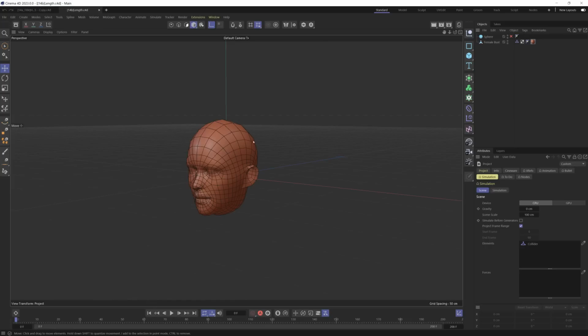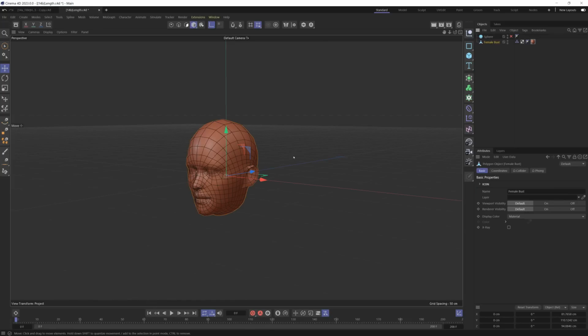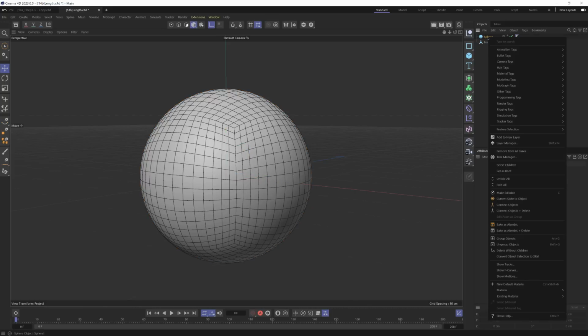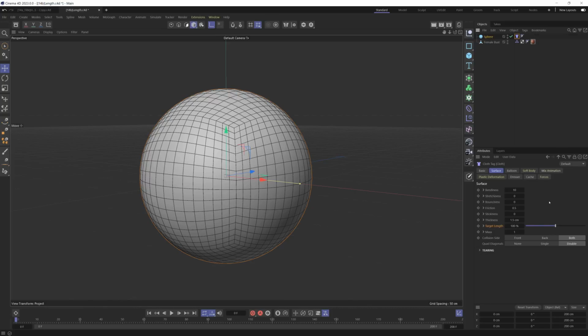To begin with, let's open up the scene file. I've got a head from the asset browser, and there's a collider tag on it. And then I've got this sphere surrounding it. This is actually a question I was getting a bunch during some live streams. Right-clicking on the sphere, I'll add a simulation cloth tag. And there's only one thing that we need to do on this one, and that is change our target length,